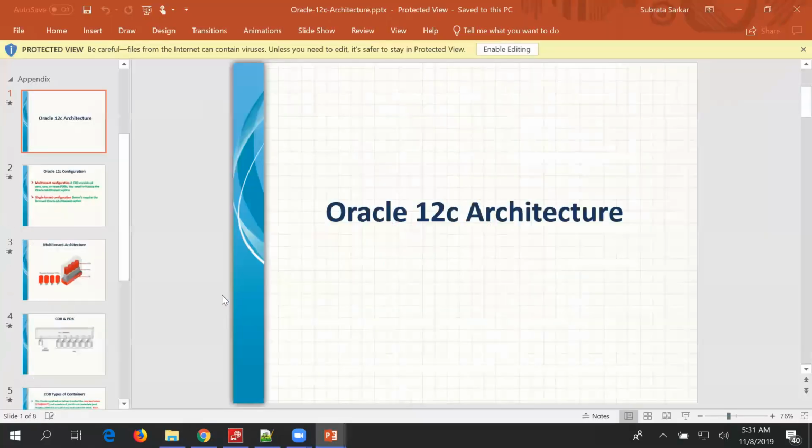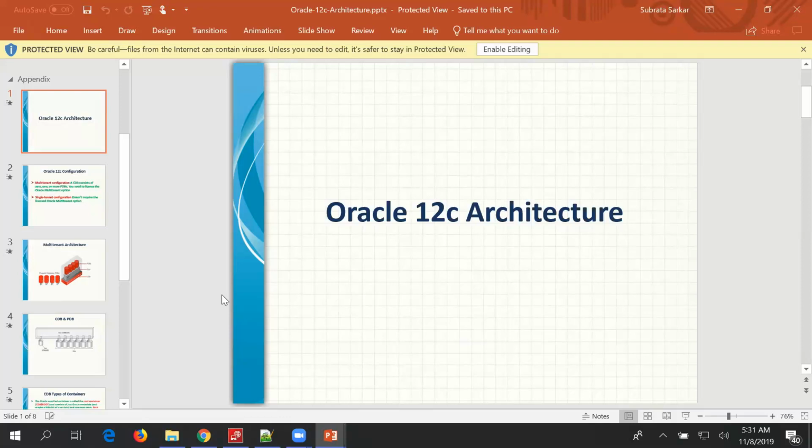So when we create an Oracle database, we can create it as a consolidated database or as a container database starting with 12c. Prior to 12c, that was the only mode of database, that is a normal database.